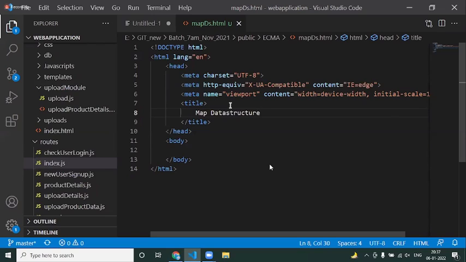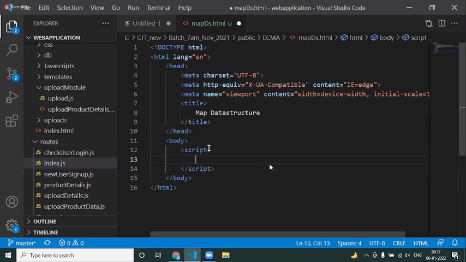So what do we mean by this map data structure, guys? It's very simple. It's almost like the JSON object. The only difference is that whenever you want to insert or get data from the map, you don't need to use the object dot key notation. Instead, we have predefined methods using which you can access or update, or do whatever operation you want on the map.